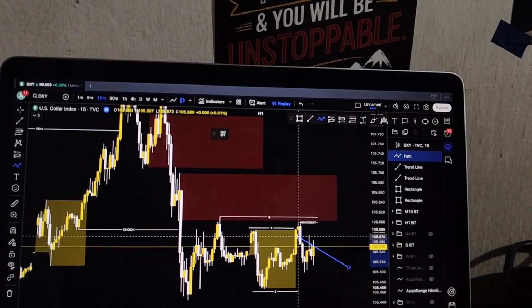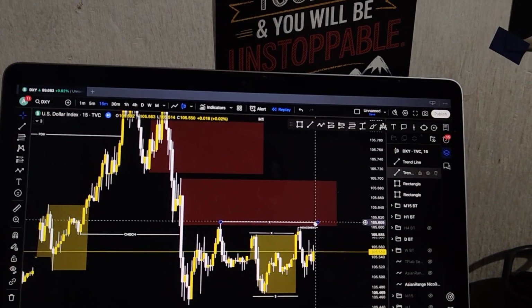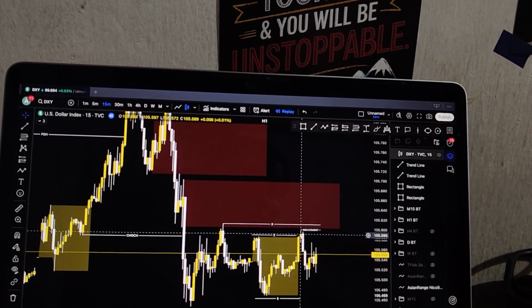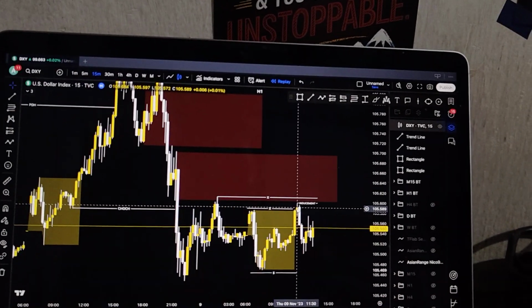On DXY, the Asian high got swept. There was previous structural liquidity here, which will get swept afterwards, but until now it is not swept yet. Whereas the Asian high got swept, right? So it's aligning with the strategy, right? But